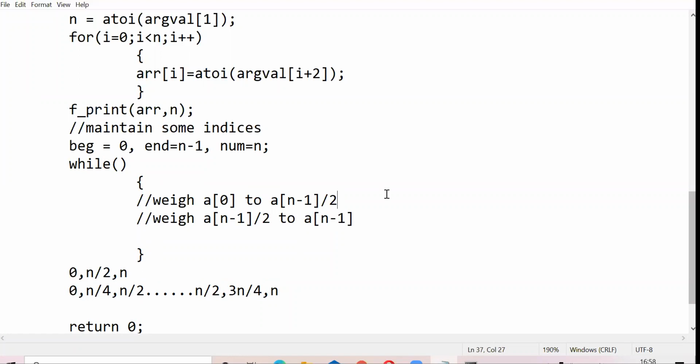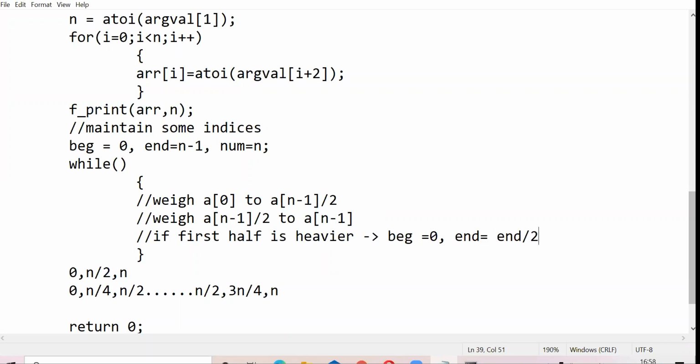Now one of these will be heavier. Based on which one is heavier, you can set your beginning and end in the same way. So assume this part is heavier, right? So you know what you want to check next. Next you want to check only from A0 to A of n minus 1 by 2. So you can give here a condition. If your first half is heavier, then your beginning remains 0, right? And what does your end become?